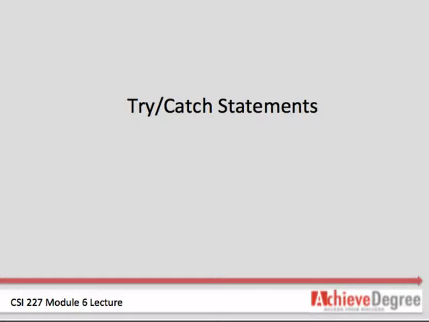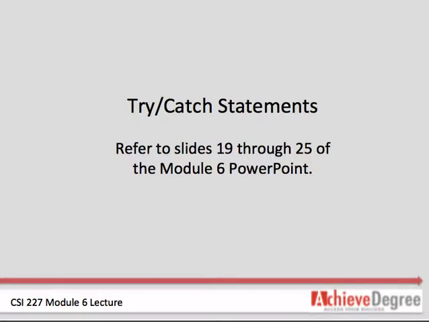Using the try-catch statement protects the method call without having to specify every possible exception that could be thrown. Slides 19 through 25 in the module PowerPoint show the proper way to use the try-catch statements. The throws clause must be stated when you know that a method can throw an exception that you want to